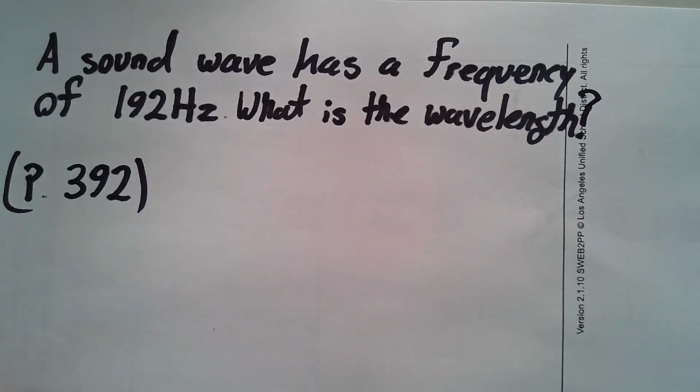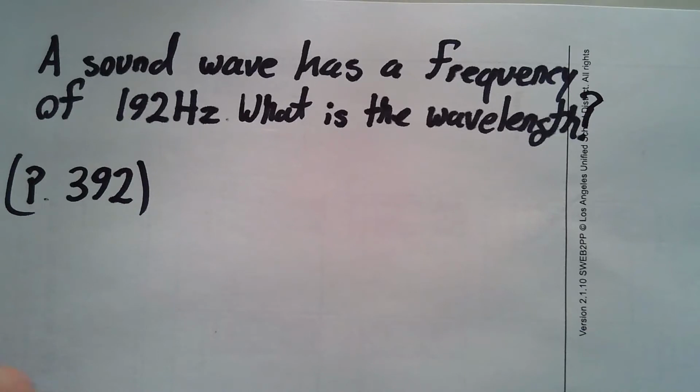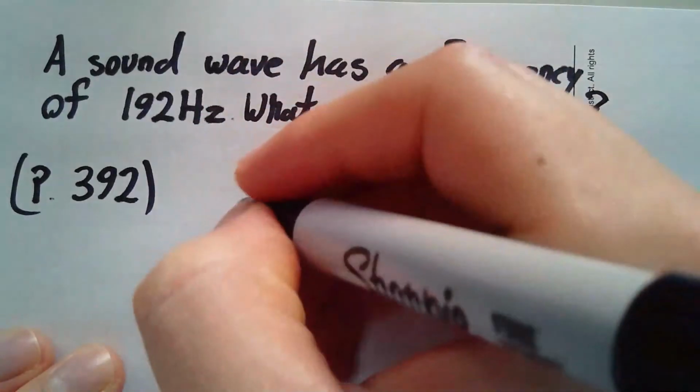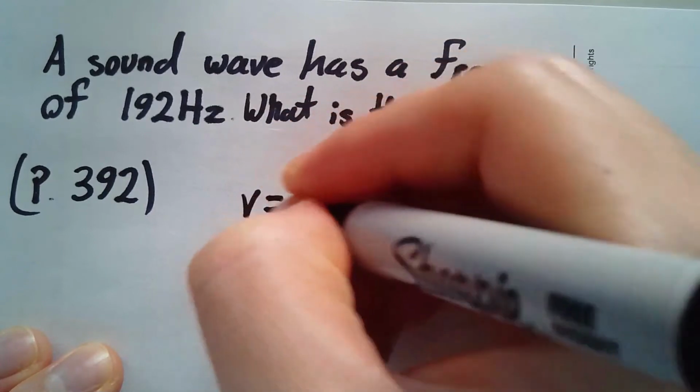So here's a problem straight out of your physics textbook, and you can find it on 392. But here's what we're going to do. Let's assume that you actually have a sound or a light wave, and you run into a problem like this. A sound wave has a frequency of 192 hertz. What is the wavelength? Now you're obviously panicking because if you look at our wave speed equation,